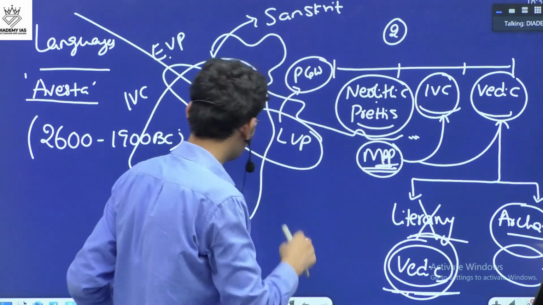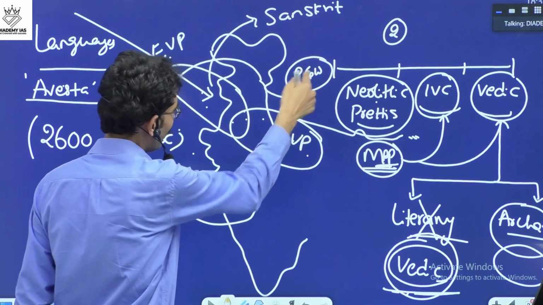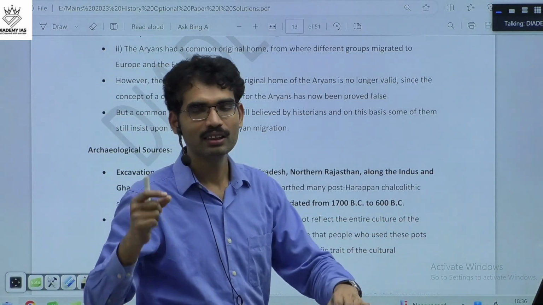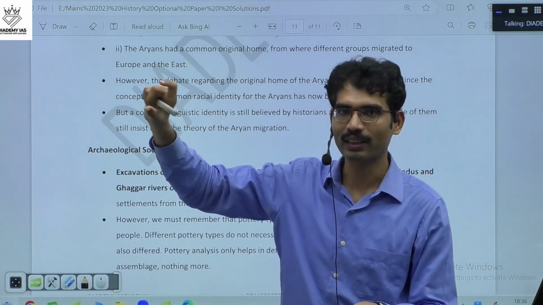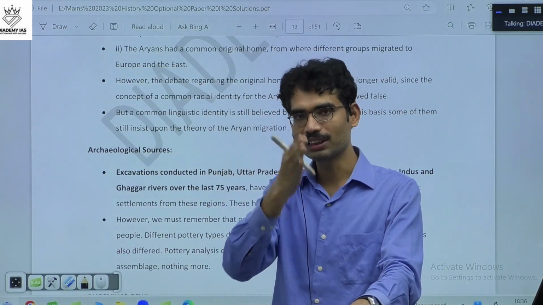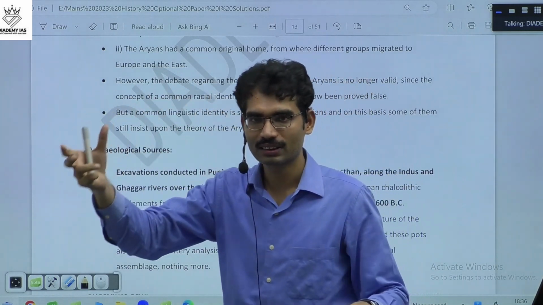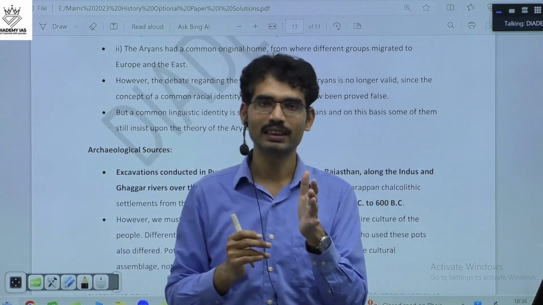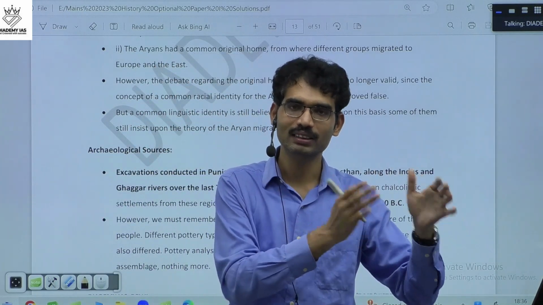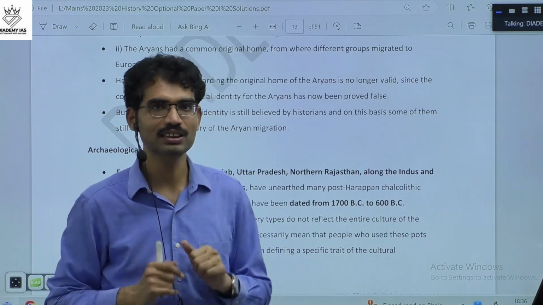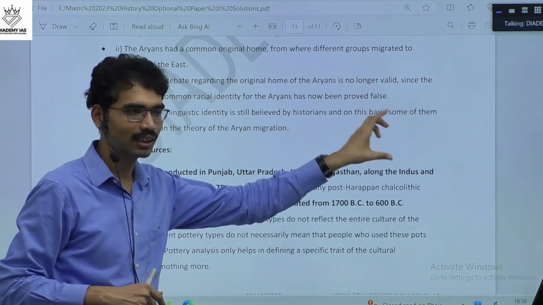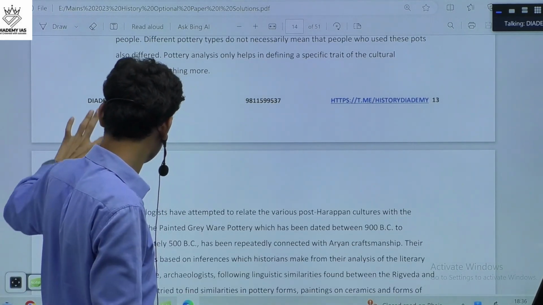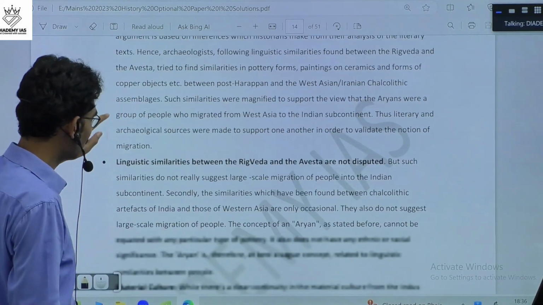So you talk about in which locations we got this type of pottery. Then you mention this. Depending on that kind of pottery, that timeline, you will be able to identify that from this period to this period there were certain settlements, and whatever settlements there are, whatever the Vedic texts are explaining, some matching is taking place. That means these are the Aryan people. Next one, you talk about literary sources,